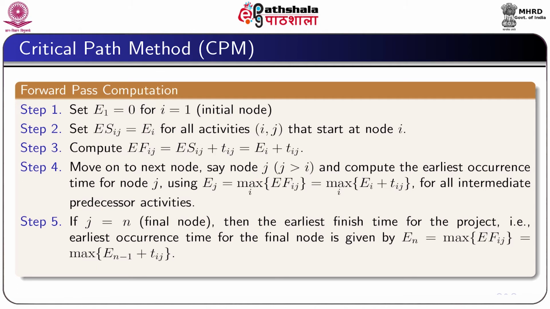Critical path method actually considers two types of computation. One is called forward pass computation and another one is called backward pass computation. In forward pass computation, several steps are to be followed. In step 1, set E1 equal to 0, that is the initial node, i equal to 1 is the initial node,